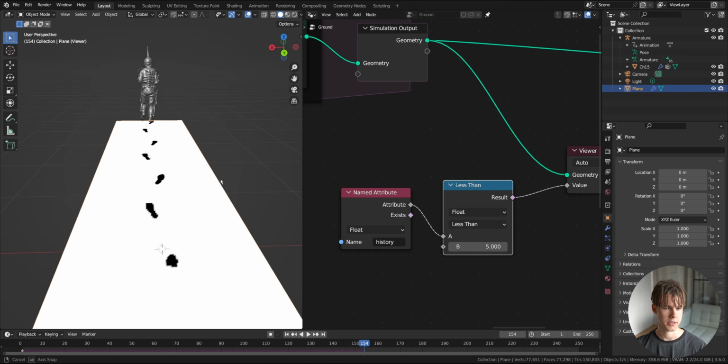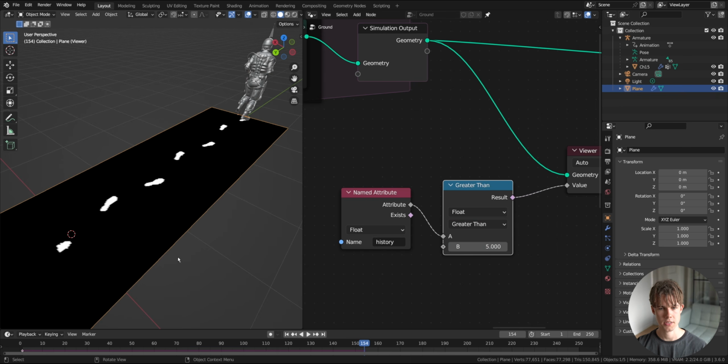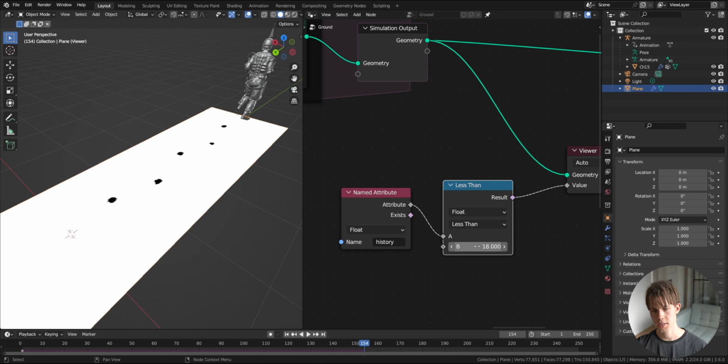So in those areas, the character has been standing for less than 5 frames, and in those areas, the character has been standing for more than 5 frames. We can change the stuff as well. More than 18 frames, the character has been standing in those places. But let's do less than 5,